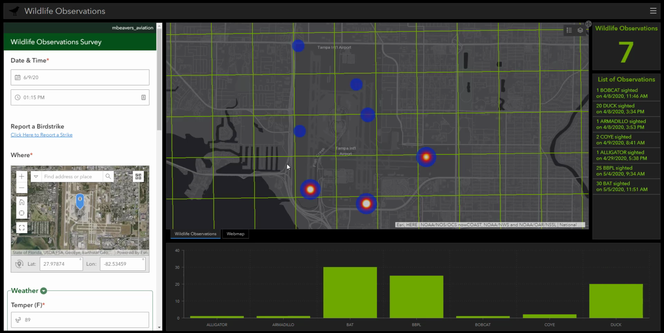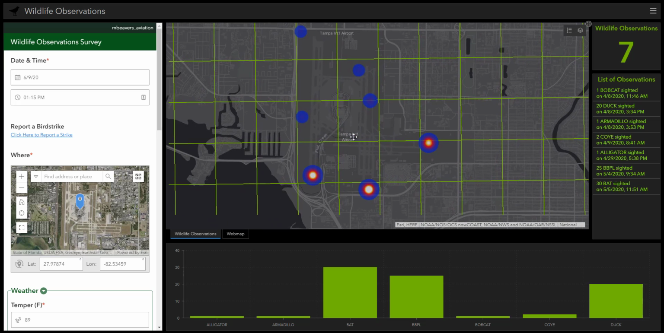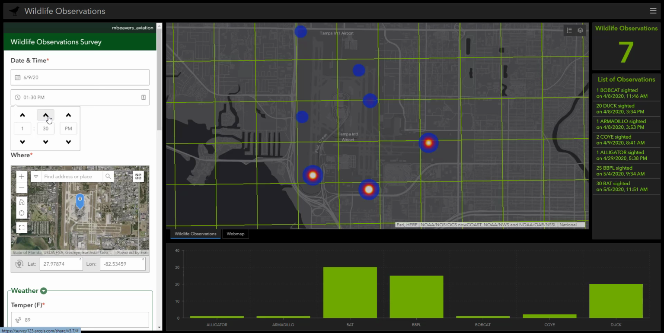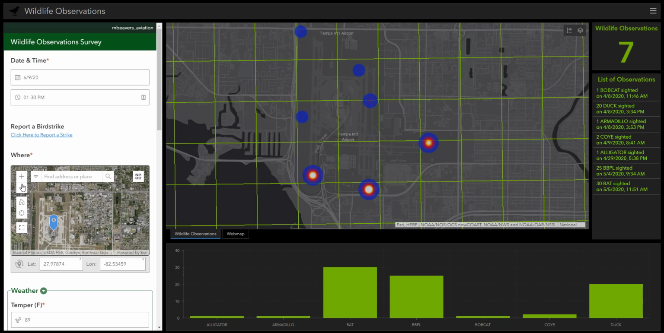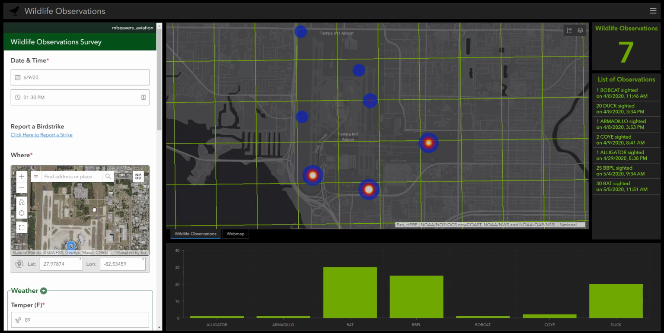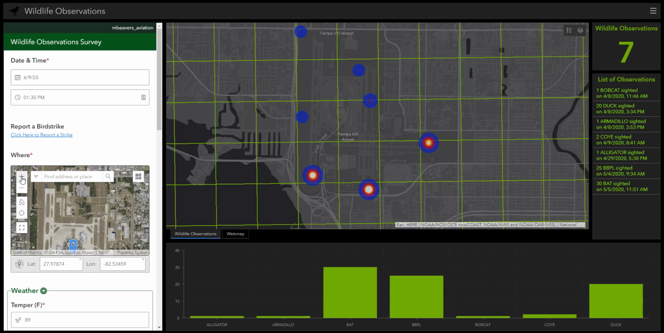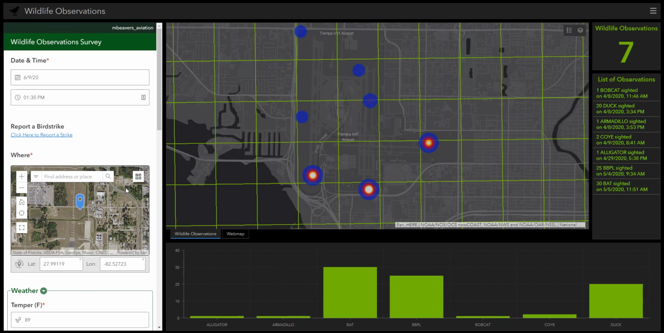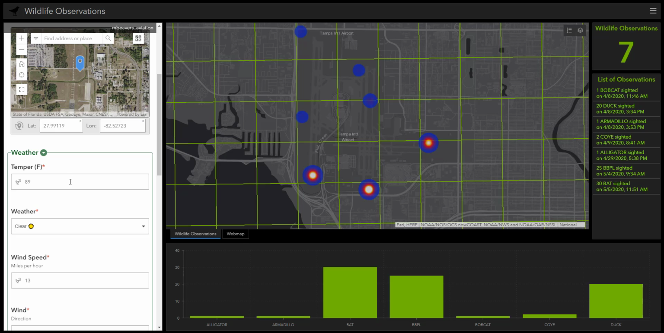Much like the daily airfield inspection, the wildlife observations is composed of a moving map, a dashboard that shows on-the-fly widgets of the status of observations, and a form that allows you to quickly collect information about wildlife observations across the airport. Using this form, I could then select the area where I discovered the wildlife, either by clicking on the map or simply using my GPS on my phone,